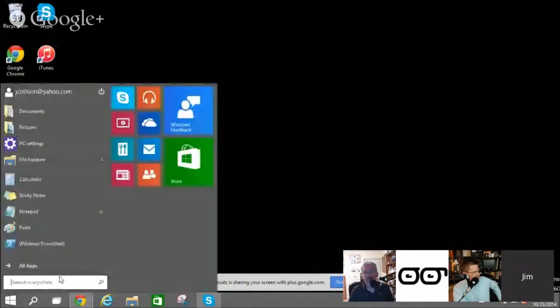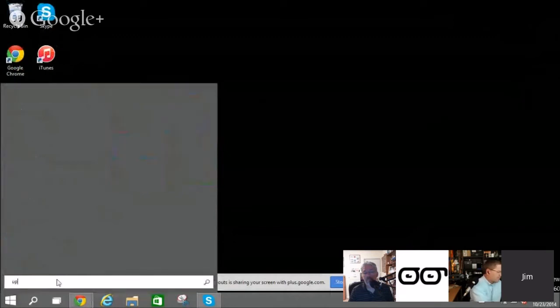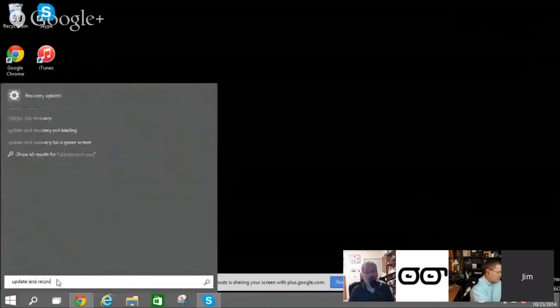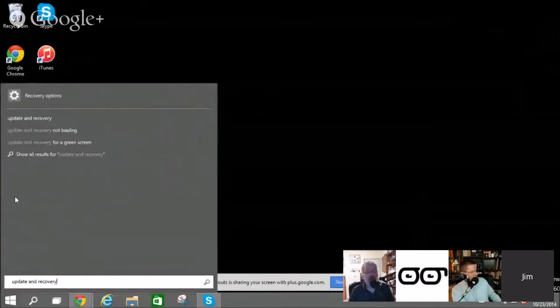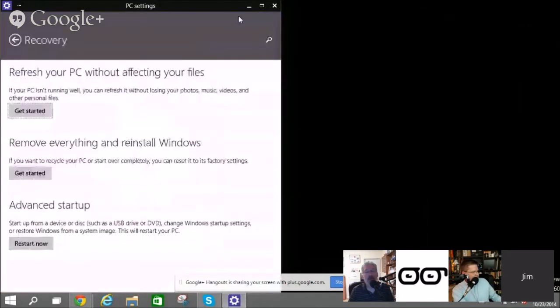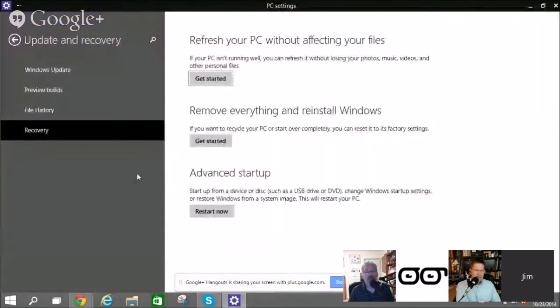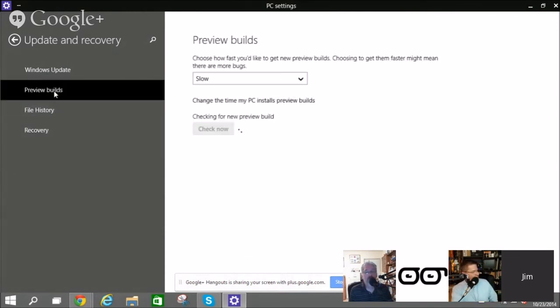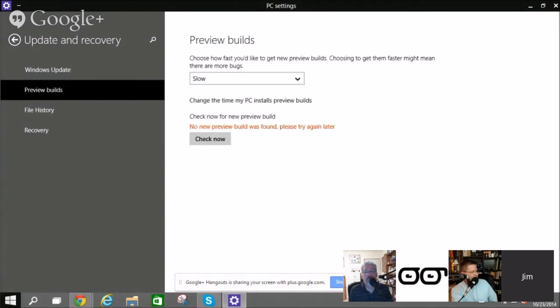So I wanted to show that update and recovery. And when I did this the last time, so I should be able to go to recovery options. Good, it's working again, right? So this is full screen with that. So what happened the last time, whatever we did, and all that stuff we were clicking and moving around, something went wrong. And when I tried to go into the recovery again, it was broke. Again, it's a build, right? This is an early test build. That's right. But this is that preview, those preview builds there, and here's the new option, right?